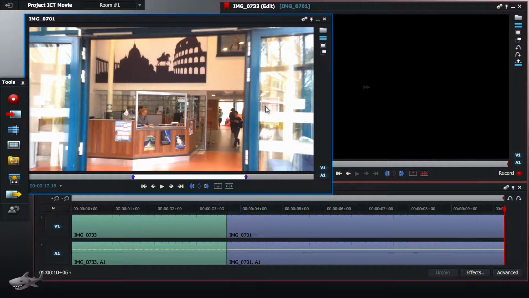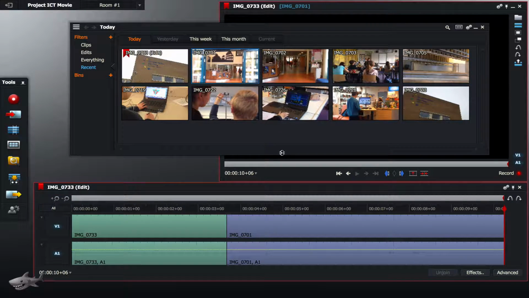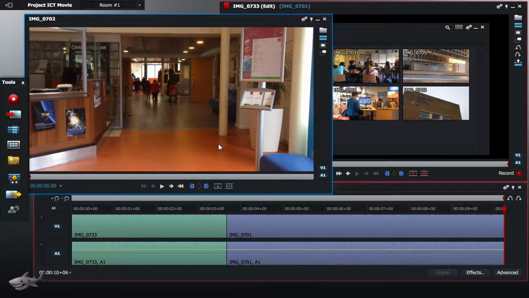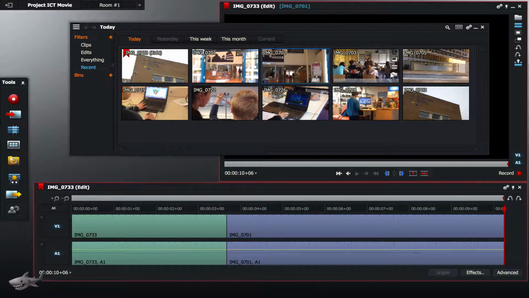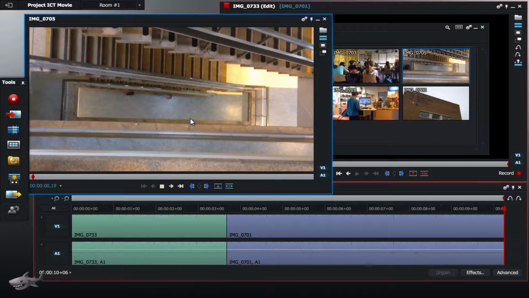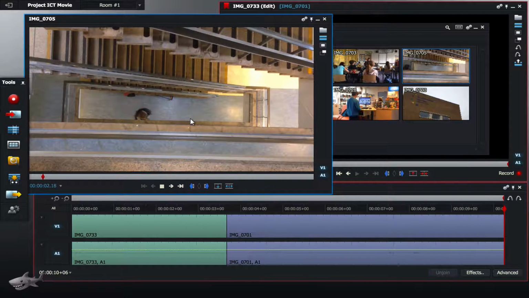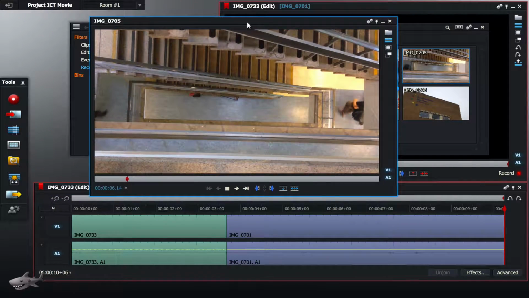Let's go back to our clip window, and the third clip I want to do is, let's have a look, is this any good? No, that's not what I wanted. Let's go maybe to this one over here, and it just shows the stairs. Now obviously the movie I'm making doesn't make much sense because I'm really just showing you how to use Lightworks. And that's a pretty good clip there, so what I'm going to do is mark my